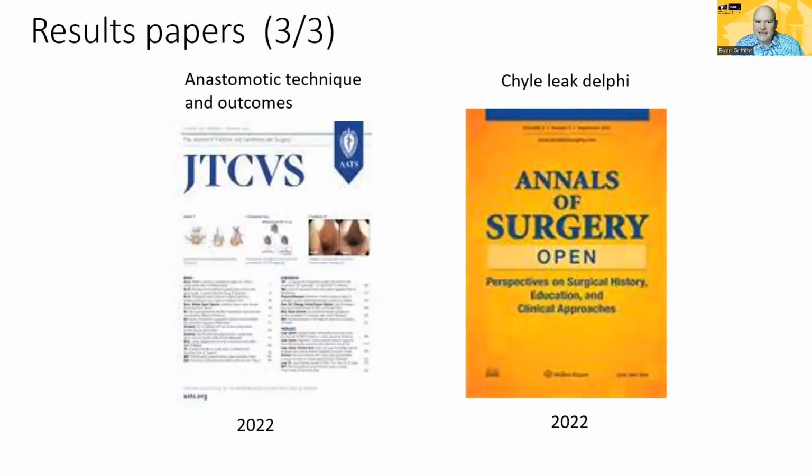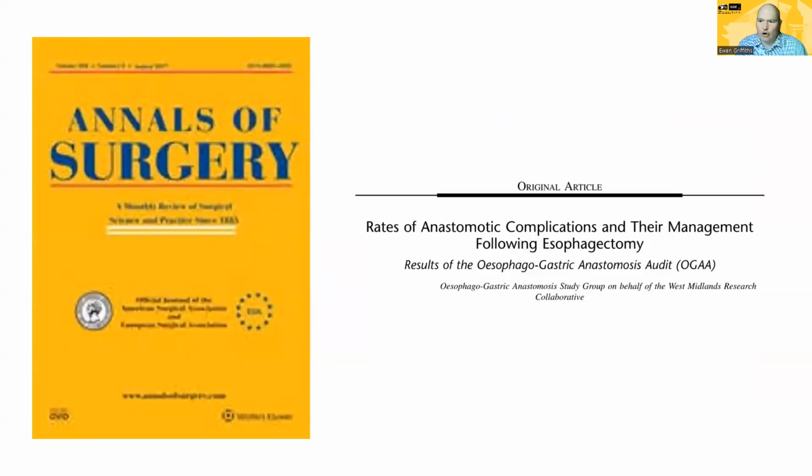Our anastomotic technique and outcomes paper was published in an American thoracic journal, showing minimal differences in technique, but certainly more leaks in hand-sewn cases, and definitely more leaks in the neck. Our most recent paper is a Delphi on anastomotic leak, again using the power of our network to build on different projects. This is just some short results on our main paper, looking at the rates of anastomotic complications after